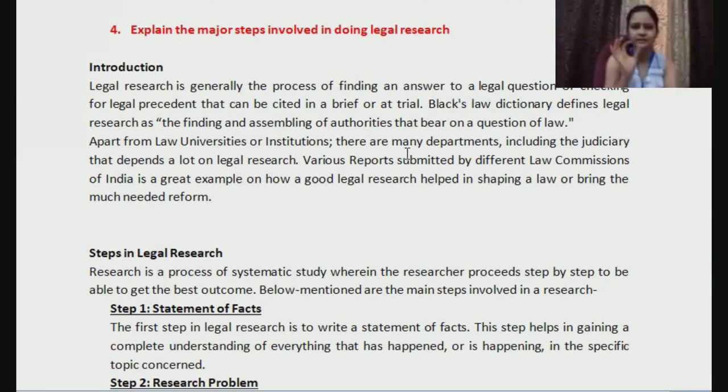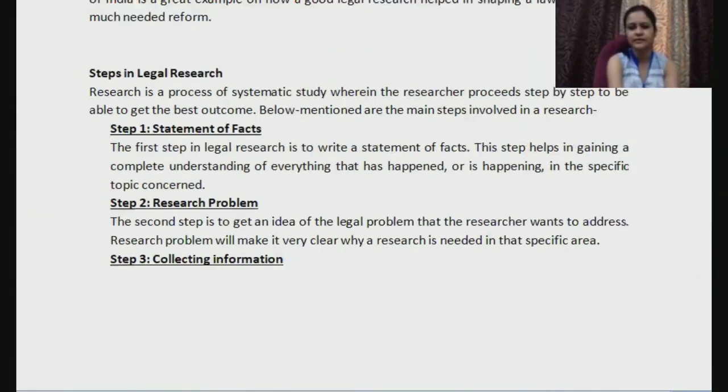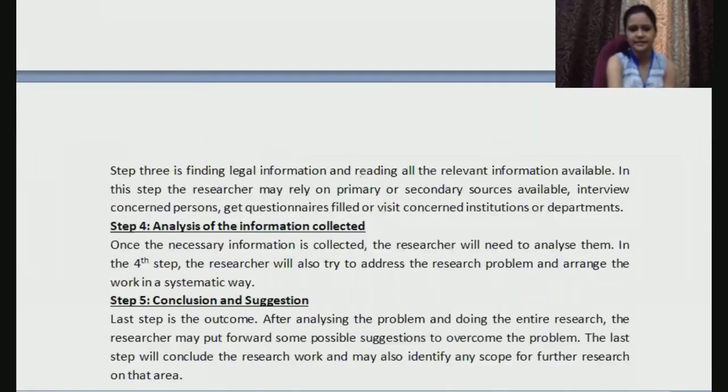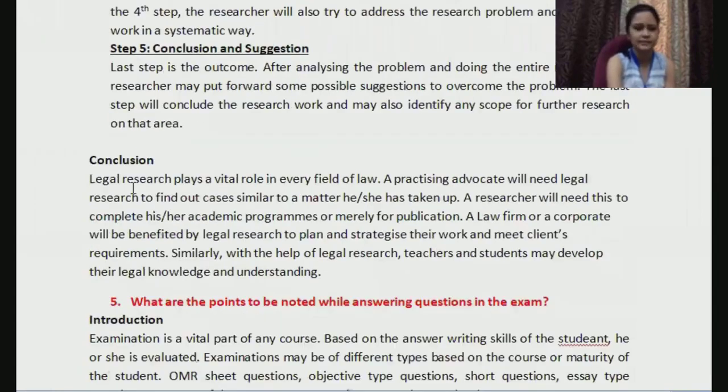The basic thing is, when they are mentioning legal research, you need to focus on this legal thing more, right? If you are writing an intro, you write that, okay fine, finding an answer to a legal question, right? Basically you focus more on the legal part, right? If you are giving an example also, try to give some example related to law. Then the steps are exactly the same and the conclusion is a little bit different, all right?